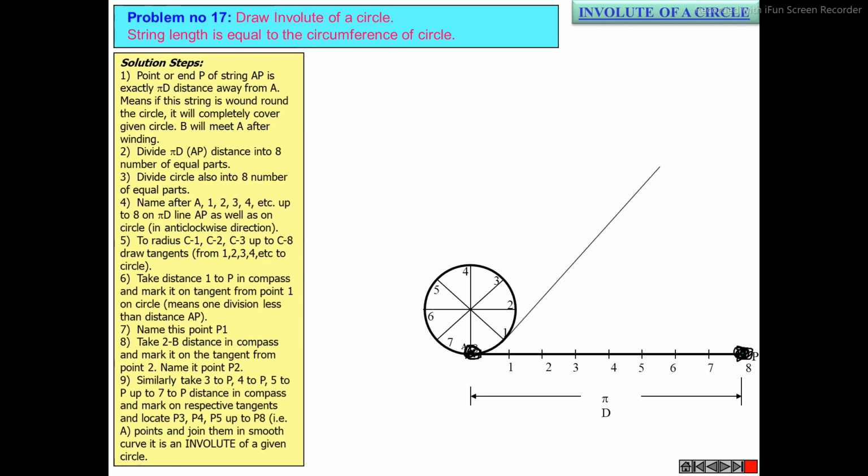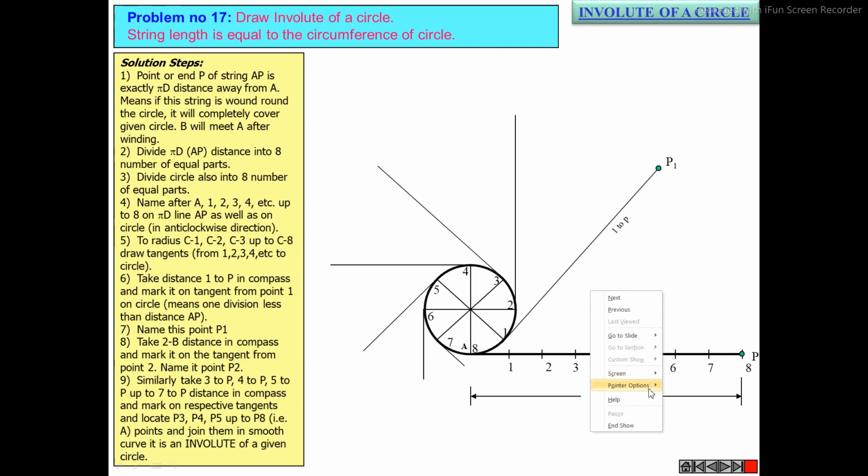So I am showing you the process. See it from point 1, 2, 3, 4, 5, 6, 7, 8 of the circle. Draw the infinitely long tangent line, and then you need to mark the locus points. The next locus point will be on the tangent line passing through point 1 of the circle. For that I need to take my compass and measure this 1P, and this much length I will place at point 1 and cut an arc. So this will be your next locus point of your involute.